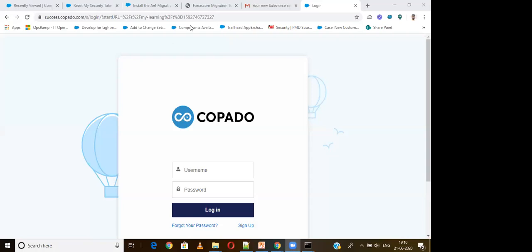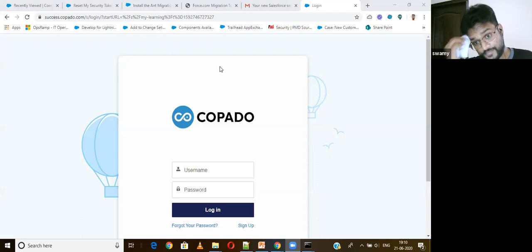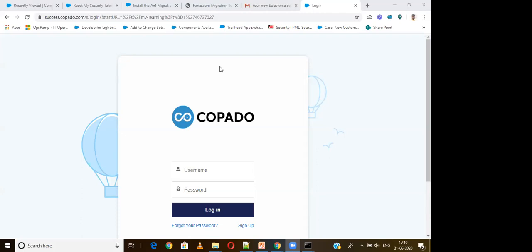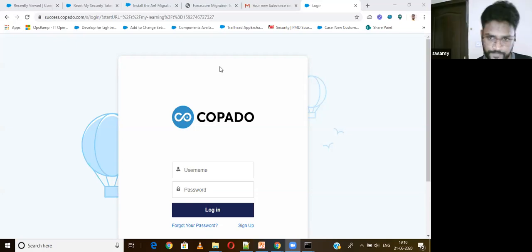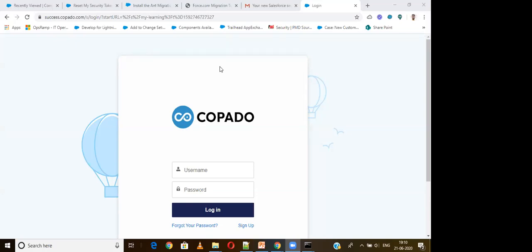Second thing, why should we go for Copado instead of DX? Because as per my knowledge, Copado is a bit costly. Yeah, costly, of course. Salesforce DX is absolutely free. And as per the advantages which we have discussed, we should use Copado because of continuous integration, CI/CD, real time alignment. All these are there in DX also. So these are two questions related to deployment.